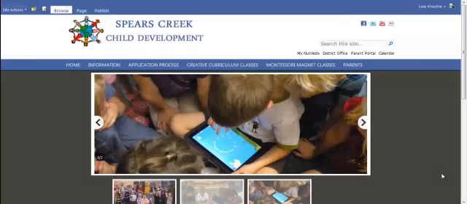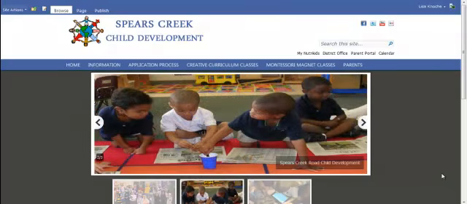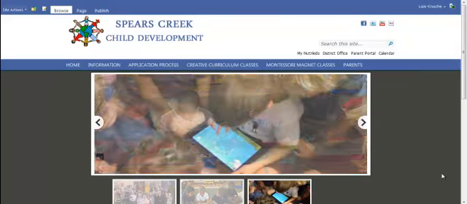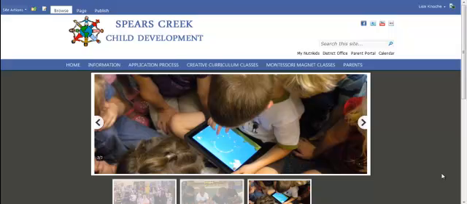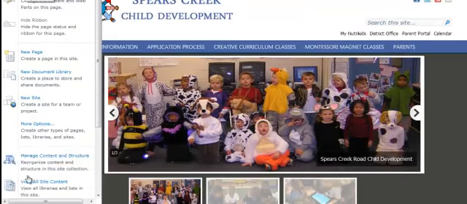This video will focus on the navigational bar. You will learn how to create pages to be linked to your navigational bar, add documents, add links to the drop-down menus, change the order on your navigation bar, and edit or delete any current links that are already on your navigation bar. So the first thing you want to do is click on Site Actions and then View All